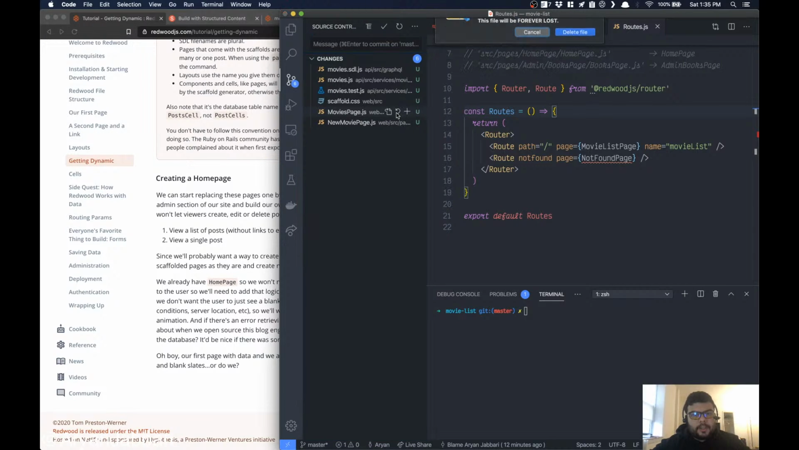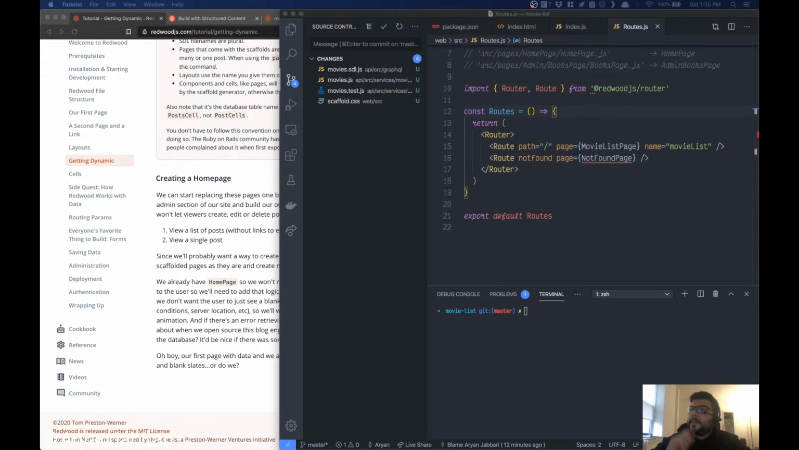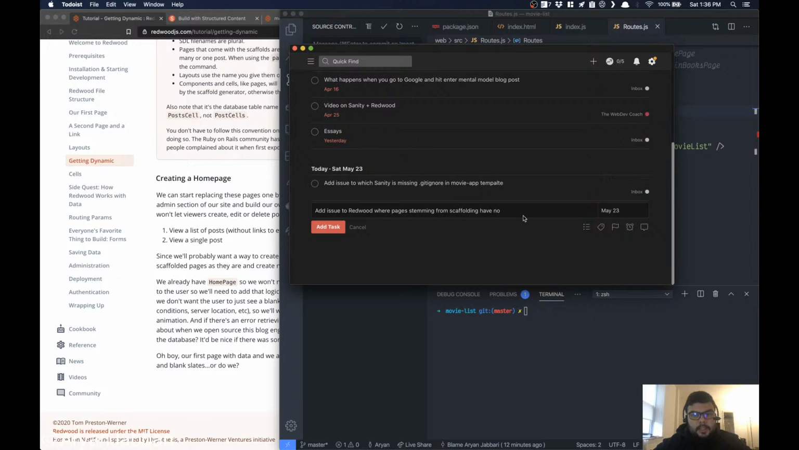So, alright, let me add some stuff that I would like to tell the people at Redwood. Add an issue to Redwood, where pages stemming from scaffolding have no tests. I guess here you can see what I'm doing, that's fine. Add a post to the Redwood forum, asking about